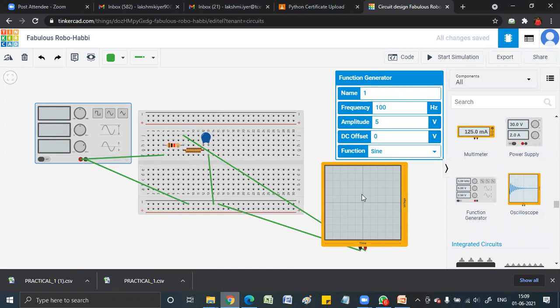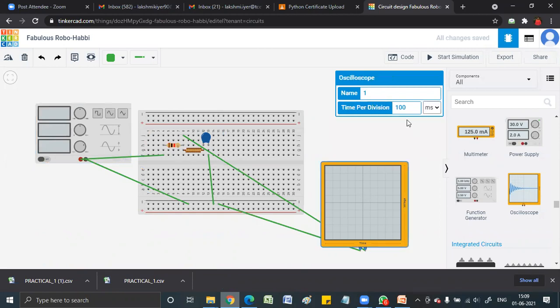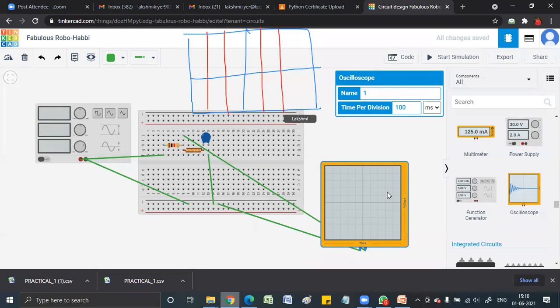Now when I click on oscilloscope, it shows me what is the time per division. Okay, now please note how to read this. Okay, say I have, you can look at an oscilloscope, you see a box, right? And you see this, and you have lots of partitions. Right? You have lots of partitions like this. Okay, suppose I say this entire box,